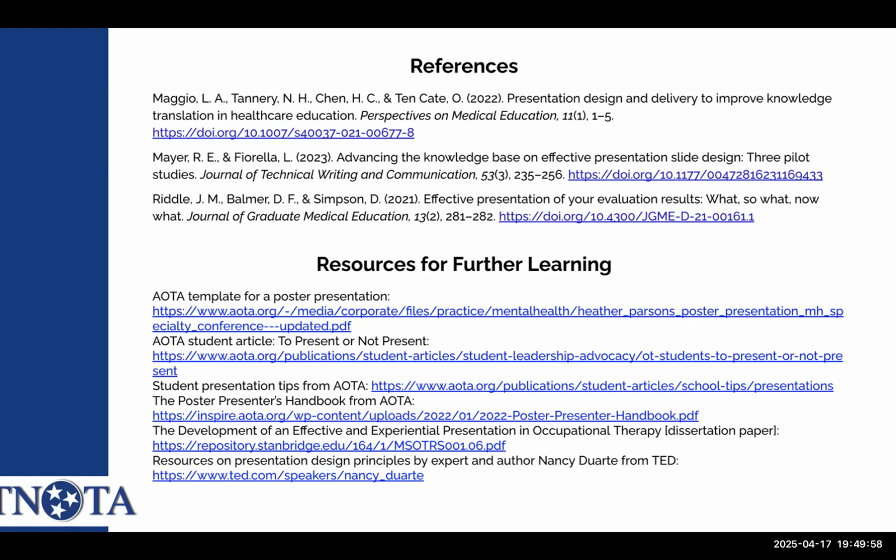And then last but not least, this is not specific to OT, but if you are somebody who is teaching, or wants to present at CE events and/or at conferences, I highly recommend checking out the work of Nancy Duarte. She wrote a book called Slideology, and that is where I learned a lot of what I know about slide deck development and developing presentations in an evidence-based way. What does the research tell us is the best way to do that so that it's most efficient for the presenter and effective in getting your point across to the participants?